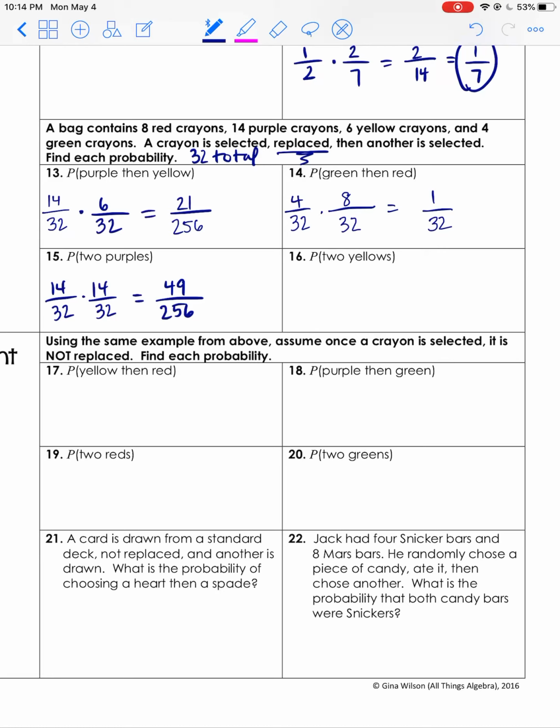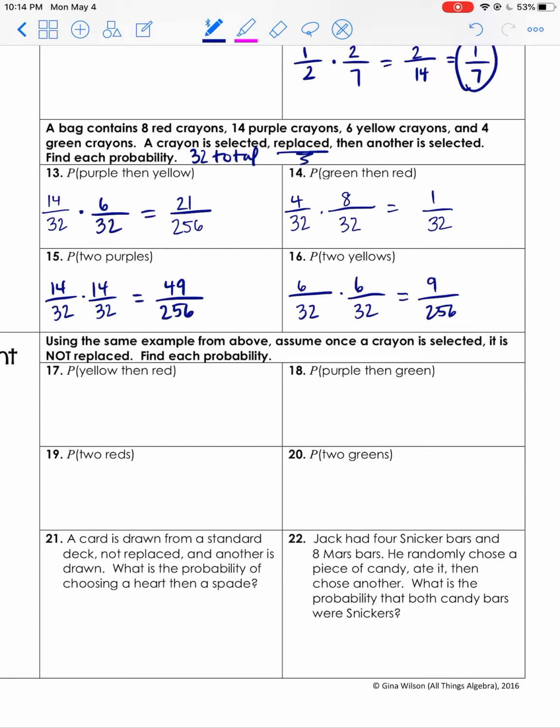And then 2 yellows, same deal here, right? 6 out of 32. And then again, 6 out of 32. Multiply, simplify, the end. All right, now the story changes a little bit because it says, using the same example